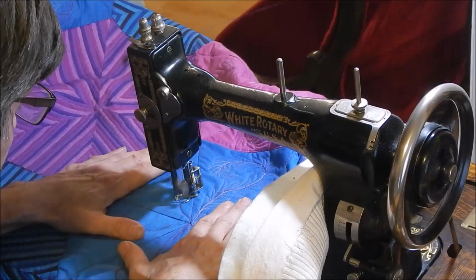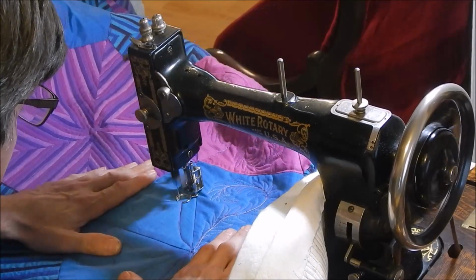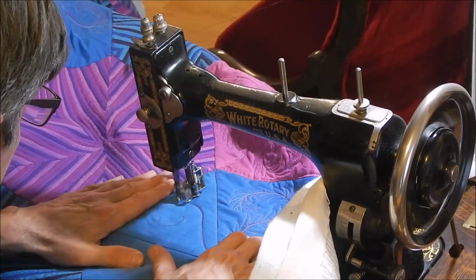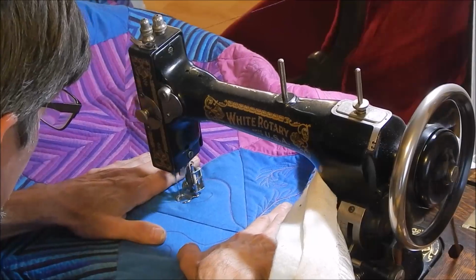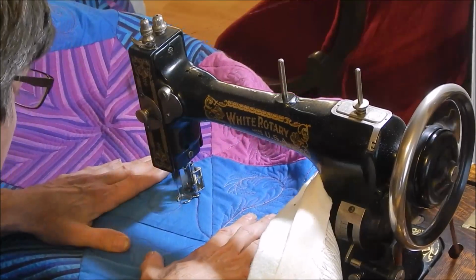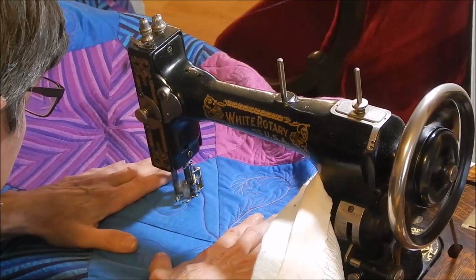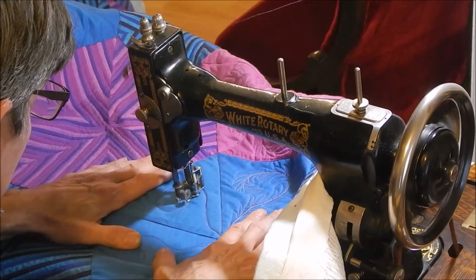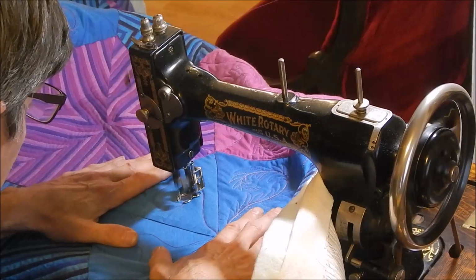So we follow the basic line that we drew there. And you can see I'm not following it exactly because I'm wanting it to be a little wider than I actually drew it. And now I'm going to start making those little jagged parts. So I'm going